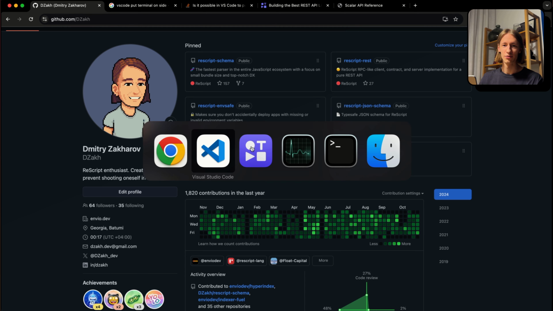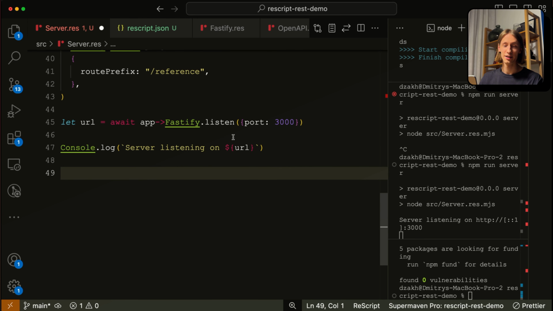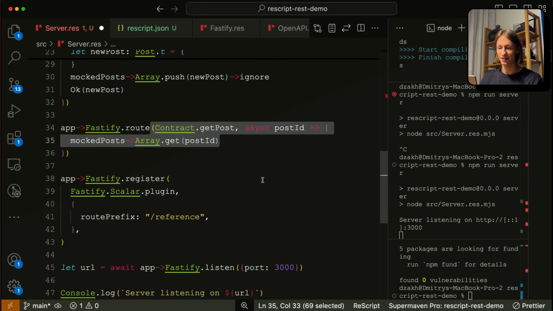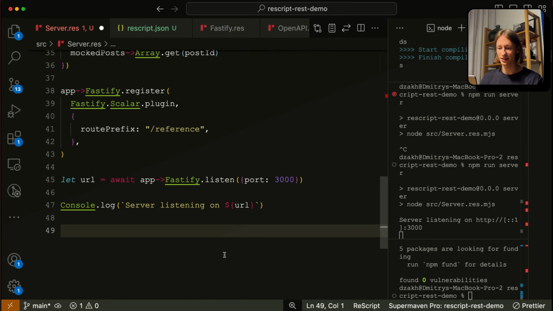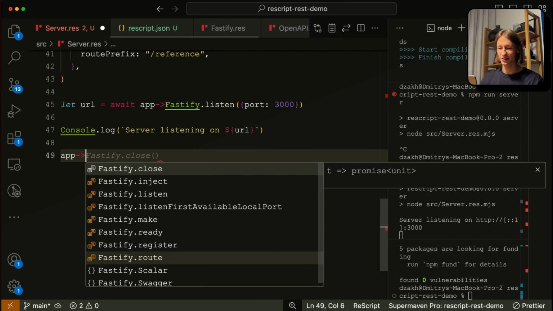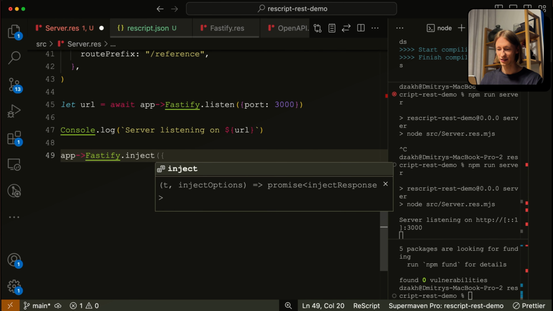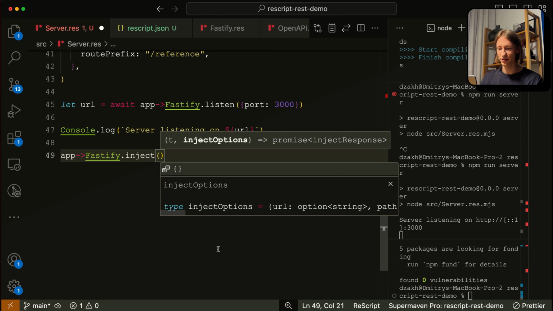It's quite simple. For browser tests, I personally like ReScript Retest. There are bindings out there on the internet, and to test all these routes there is a nice Fastify inject function where you can inject